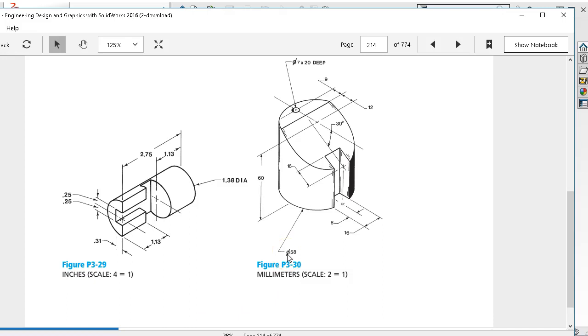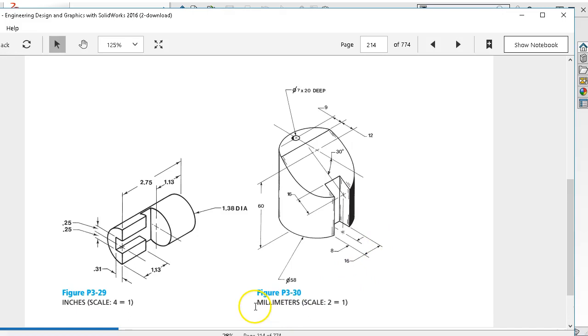Alright, so P3-30 has another scale 2 to 1. That really doesn't affect us. We're in millimeters. Probably the consideration here is this 16 millimeters and going to really a virtual sharp where this would come down, it would be at the quadrant. And